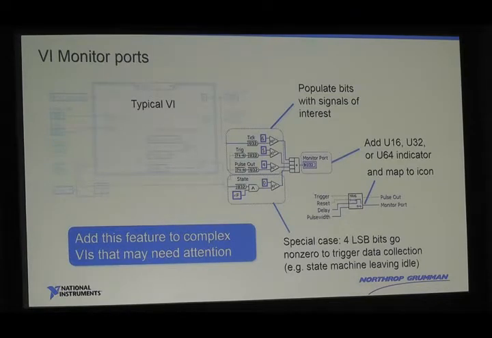Getting into some of the details, the first thing I do is any of my VIs that are moderately complex that I think I might have problems with, I put a monitor port on them, an extra pin that's only used for this purpose. I'll leave it in there for the final design because it will probably get optimized out. But in this case, you take the state and put it in the lowest bits, and then take any other signals of interest, up to 30, in our case 32 bits. You stack them all together into one long number by using the bit shift icon and then the adder, and then in your final